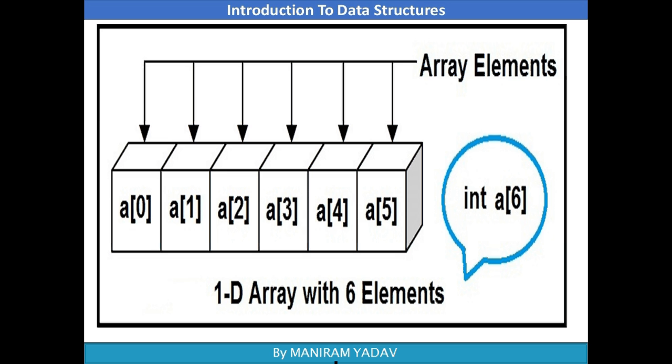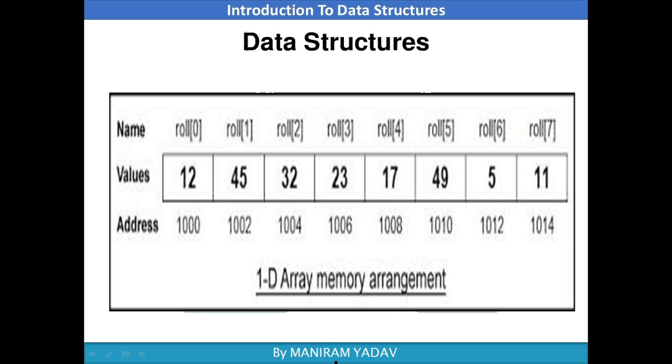Now I am going to explain the address. By default, integer size is 2, and the size of integer sometimes may be 4 or 2 depending on the window and types of processor. So here I am going to take the size of integer as 2. The array size is 8, so index starts from 0 and ends at 7. The array name is roll. At index 0 it stores 12 and at index 7 it stores 11, and these are the